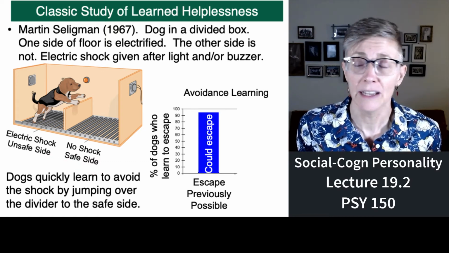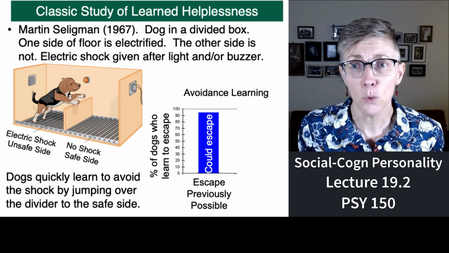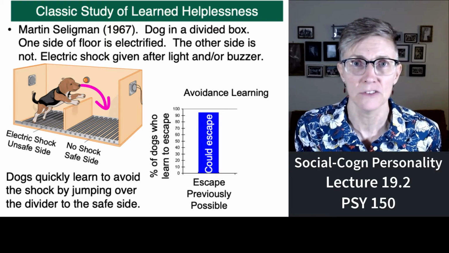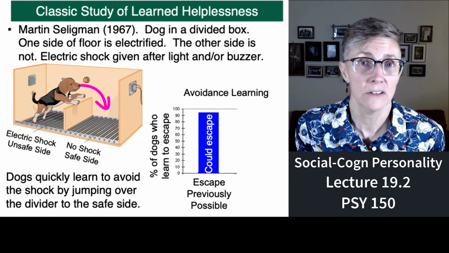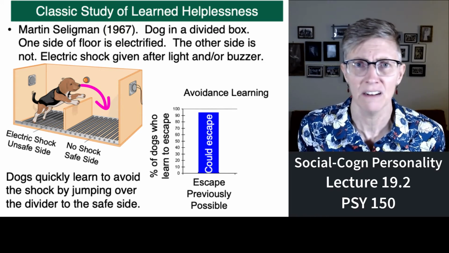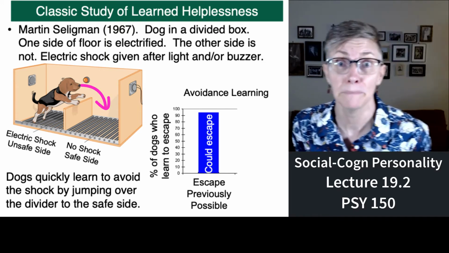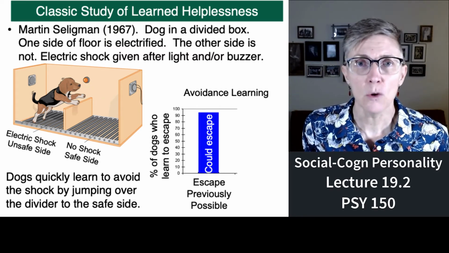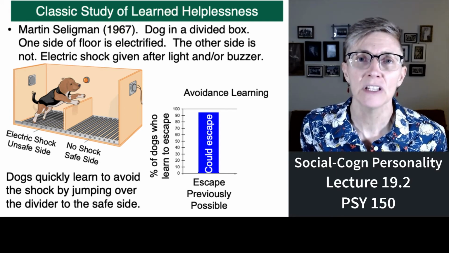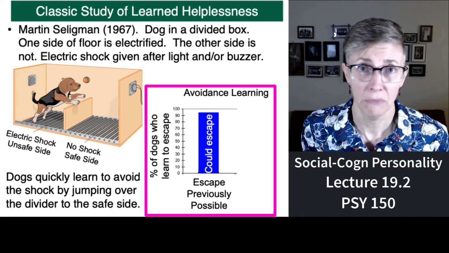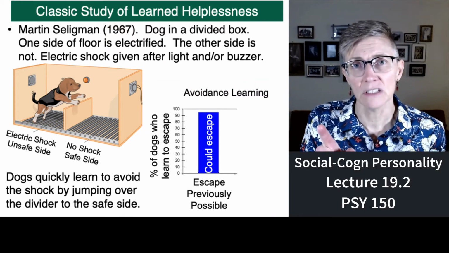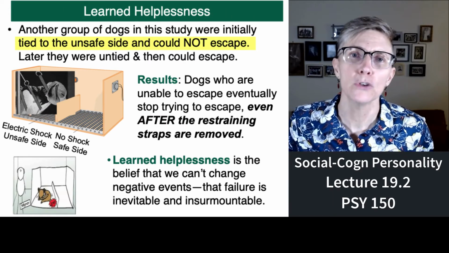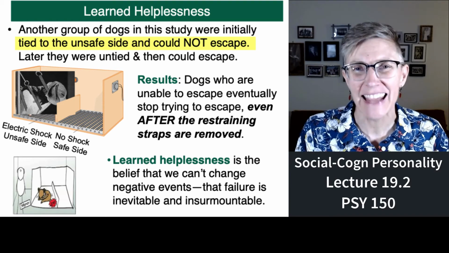So if you have a dog and you put them in the box and the floor of that box gives them a little shock, what is the dog going to do? Immediately jump to the other side of the box, right, to the safe area. It's like, oh, it's shocking over here. I don't want to be here. Let me go over there and see if it's better. It is. So dogs in this condition almost always escape. And if they're given future opportunities to escape, they'll escape, right? But these are dogs that have control. They can escape. What happens if you create the same situation, but the dog can't escape it?